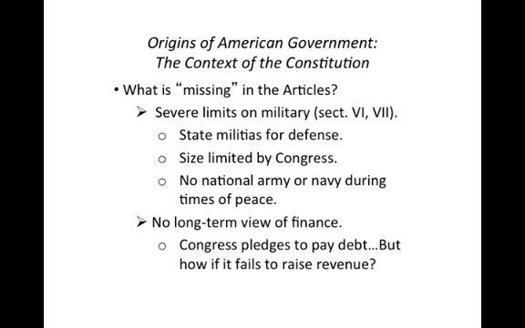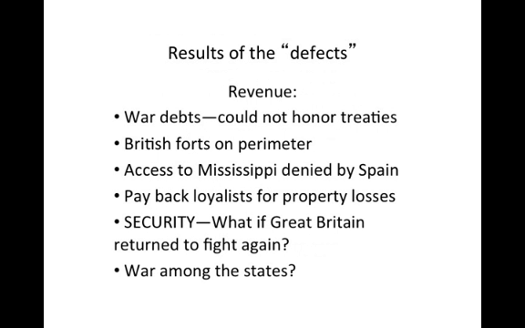There were also severe limits in the Articles on the military, which was a particular problem for the post-war period. There was no national army or navy authorized by the Articles of Confederation. And there was no real long-term view of finance under this system. So Congress pledged to pay the debt, but what happens if Congress can't actually raise the money necessary to pay the debt? This actually turned out to be a much more serious problem even during the war than many of the drafters of the Articles imagined. So, following the war in particular, there were severe problems that resulted from these defects in